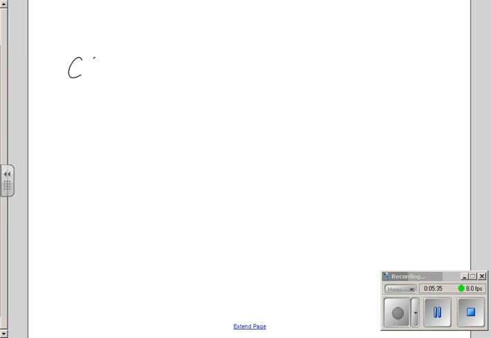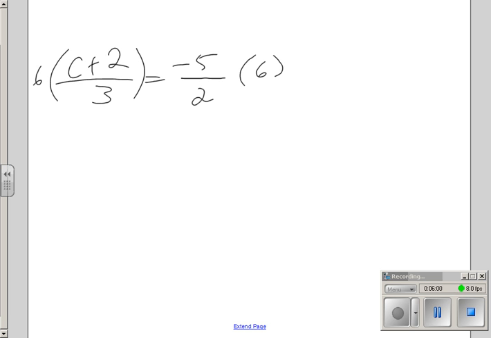So if we look at c plus 2 over 3 equals negative 5 over 2. Now there's a whole bunch of methods that we can use for this one. If we think back to the last section, what did we do? Well, we multiplied both sides by common multiples to create equations that didn't have fractional parts. So if I multiply both sides by 6, I will end up with an equivalent fraction that's 6 times larger than it was, but the variable doesn't change its